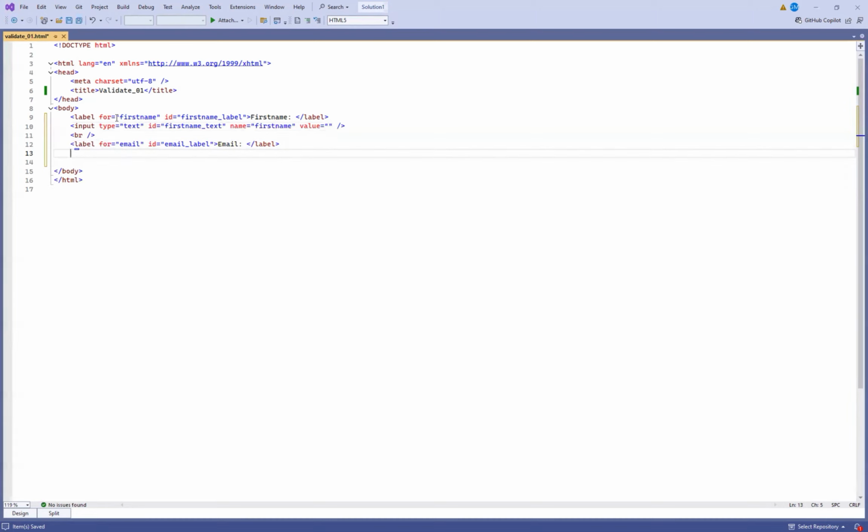And again, we're going to follow this up with input, a type, text again, followed by the ID. And much like before, we're just going to keep the same pattern here. So this is going to be the email text field. Name is going to be email. Again, that'll benefit us a little later on. Put a value in there right now as a default. And then lastly, after the BR,